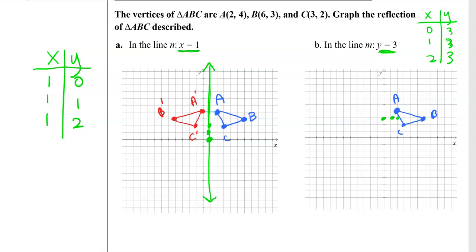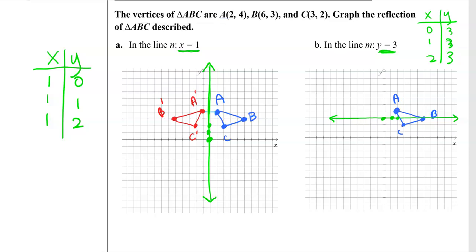Okay, so do you see how this is going to go through the shape, which is fine. It's just going to be a little bit harder to work with. It's going to be a little bit messier. So I'm going to just do the same thing. How far on one side of the line is your point? I want to go the other direction. So since my line of reflection goes through my shape, it's going to flip over on top of itself